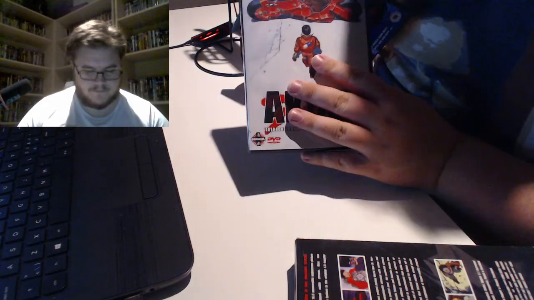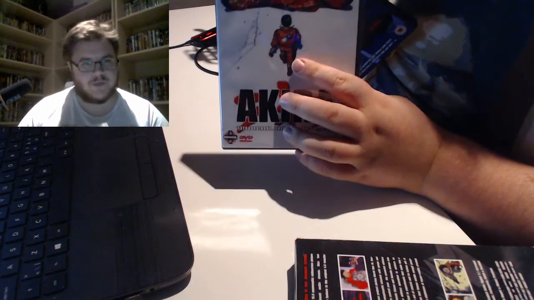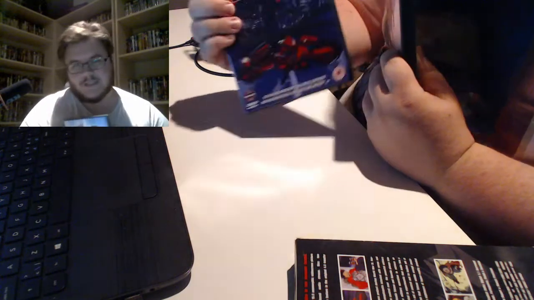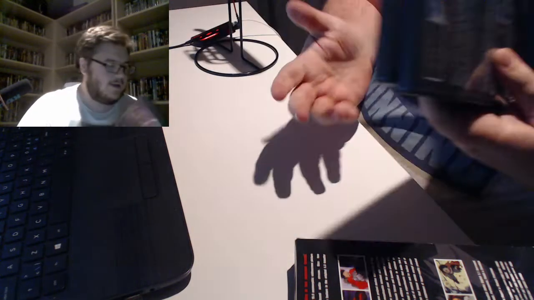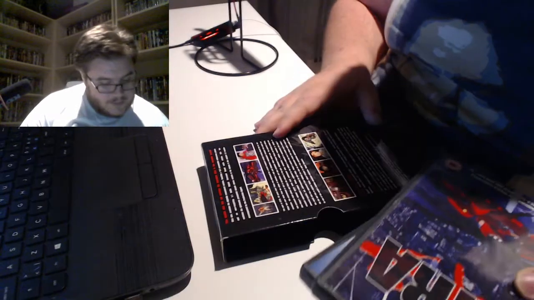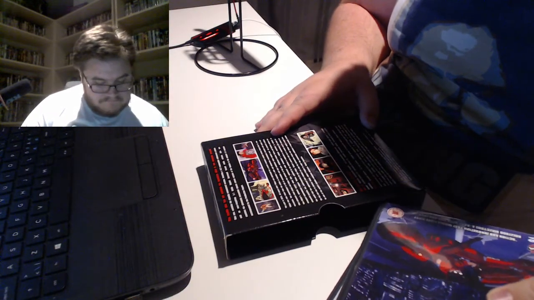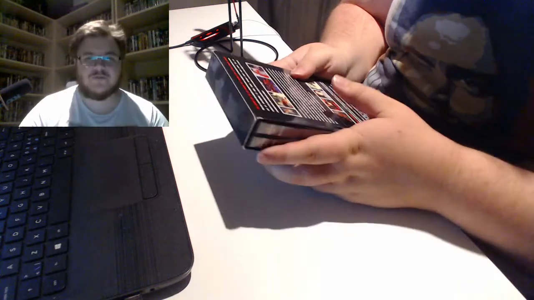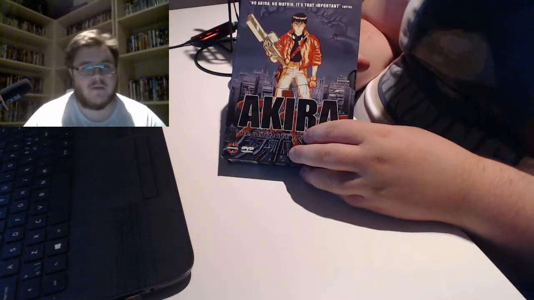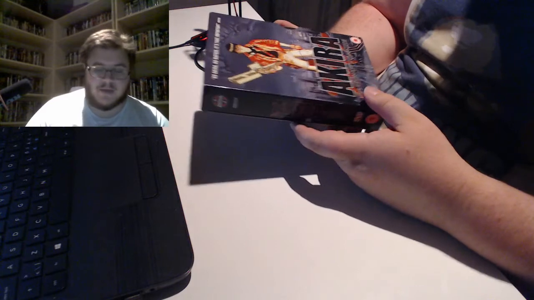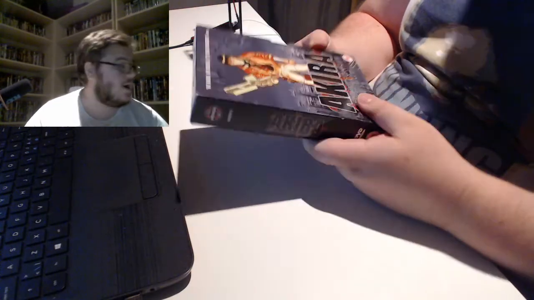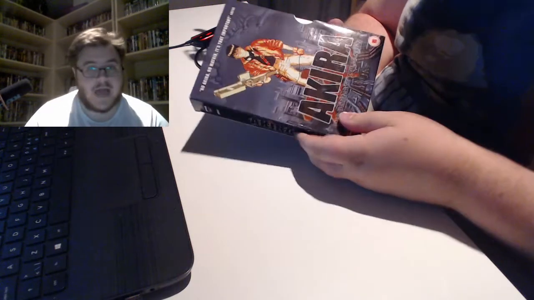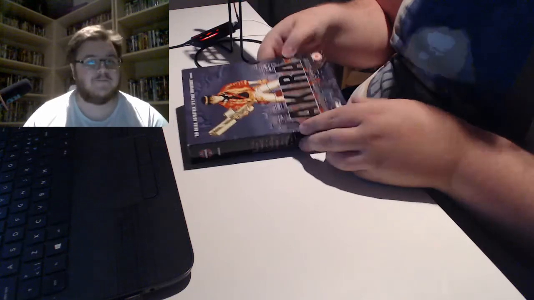No, this is the full screen 4:3. This is the 16:9. Sorry. I don't know why they did that. Other than that, you have previews of other movies and an original feature, which I think is only like a 10-minute thing about the animation. But nevertheless, a really good anime and a really good movie, really good sci-fi.